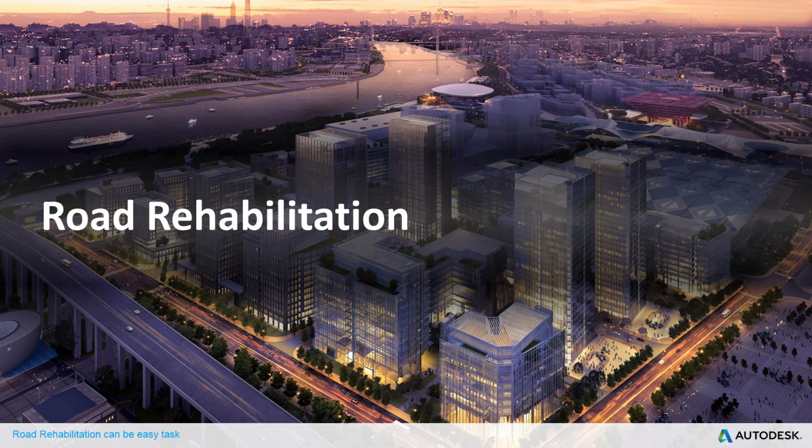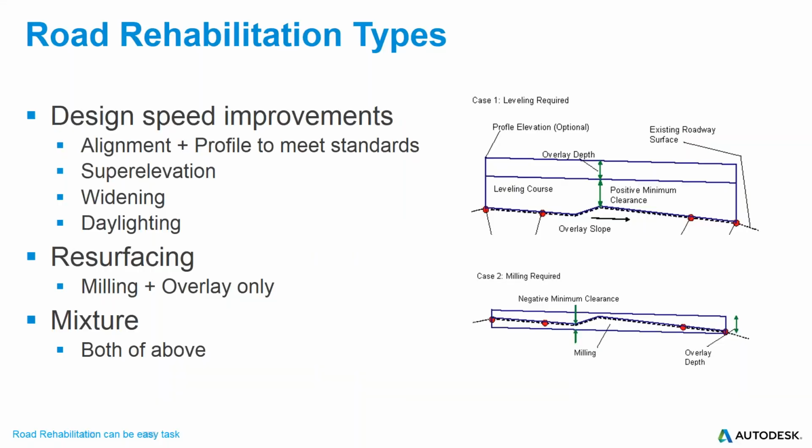So you have a really wide range of data which you can bring and which you can use for road rehabilitation. And we are moving to the core of this presentation: what is road rehabilitation? There are many different types. If you need to do some design speed improvements, you will have to redesign alignment and profile. You will have to define superelevation, maybe some widening, and then later on daylighting to the existing route. I wouldn't call this resurfacing, I would call it road rehabilitation. But then you have resurfacing, where you are just